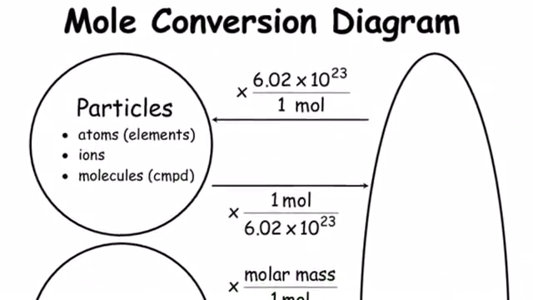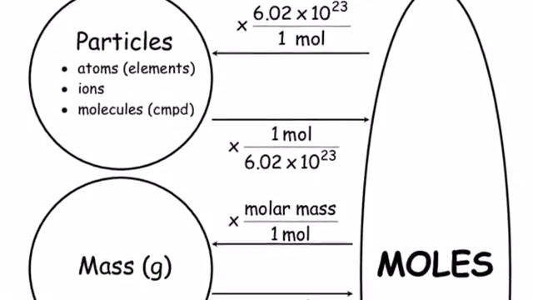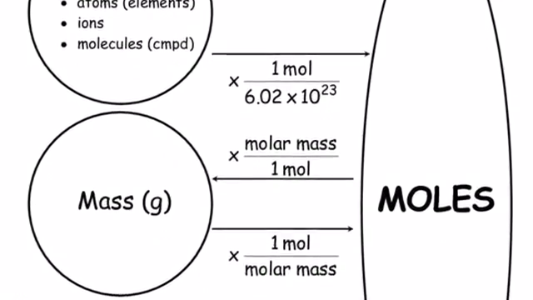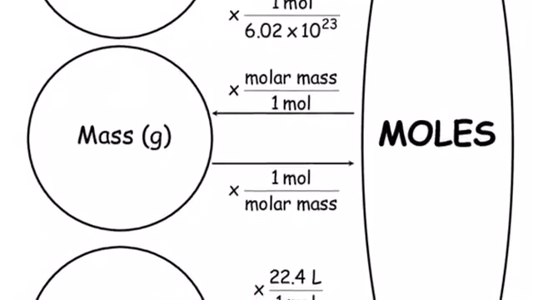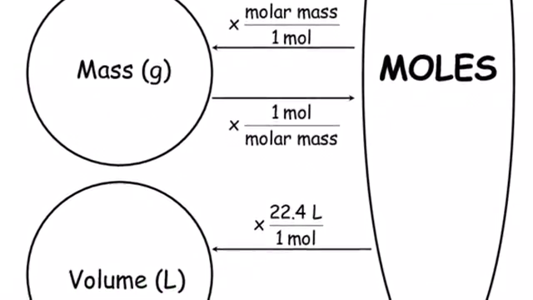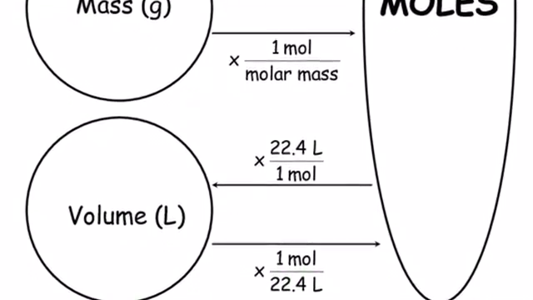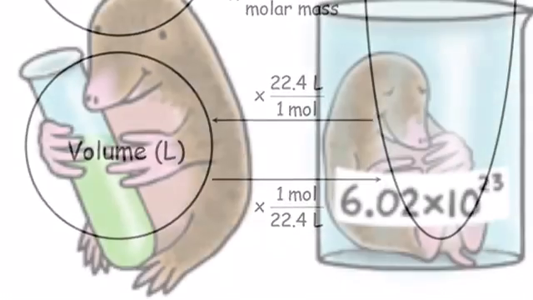Sometimes converting moles seems hard, but all you need to do to convert from moles to volume is multiply your mole value by the molar volume constant, which is 22.4 liters. When you want to convert from particles to moles, you divide your particle value by Avogadro's number, which is 6.02 times 10 to the 23rd power.